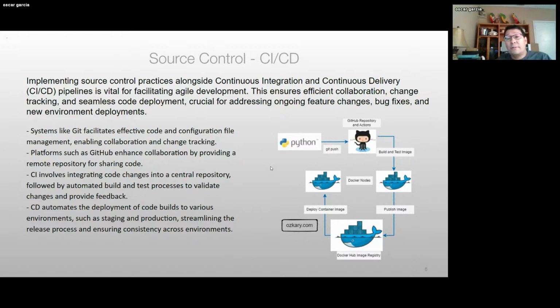And something that's really important: as you first deliver the solution, it's going to continue to grow. It's going to continue to be enhanced. So we need to support future changes, right? Bug fixes and deployments into new environments. And we want to have this automated. So, for example,